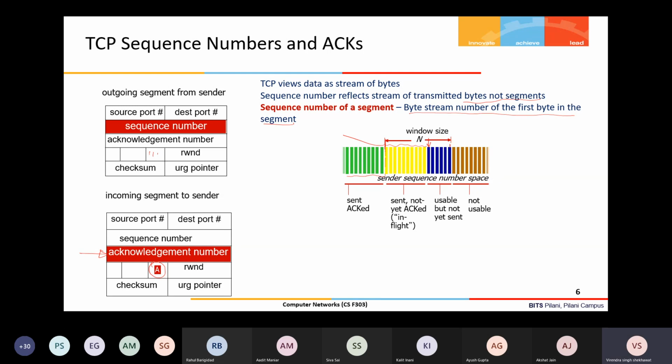After that, I should receive some acknowledgement, and only then can I shift this window, let us say from here to somewhere here. If these bytes have been acknowledged, then according to this diagram they will be converted into green, and some of the brown bytes will be converted into blue. Brown indicates that those bytes currently cannot be sent. So I have a continuous byte sequence number, the same as the window-based, pipeline protocol that we discussed with respect to SR and Go-Back-N.